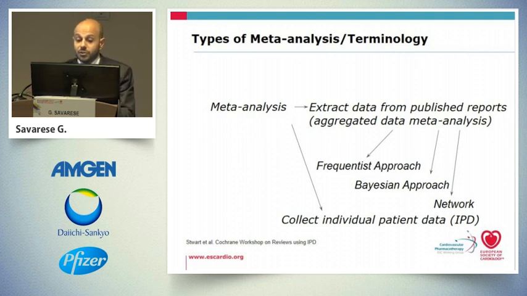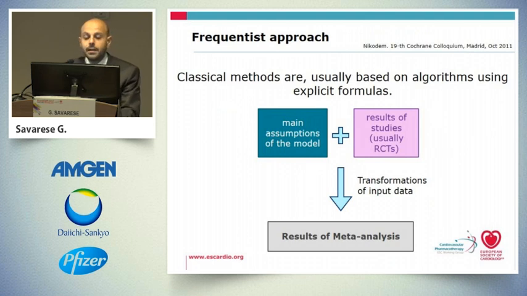There are two approaches for aggregated data meta-analysis: mainly the Frequentist approach, that's the easiest and the most used, and the Bayesian approach. Then there are also the network meta-analyses. And then there is another type of meta-analysis, the individual patient data meta-analysis. Let's see what it means. This is the Frequentist approach. It's really easy. It means that we select, for example, 10 trials, we use a statistical approach, and we get